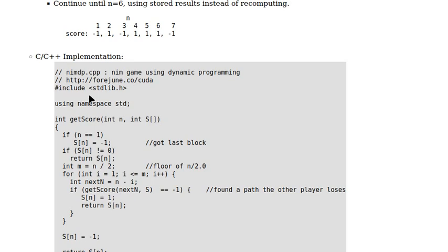This program implements the idea. The function getScore returns the score of n blocks. It also saves the score in the array S. It is a recursive call and the code is straightforward. So if n equals 1, then S[n] equals -1, as shown here. If the entry is not equal to 0, then it returns S[n]. Otherwise, if the entry is not filled, at the beginning the entry would be 0,